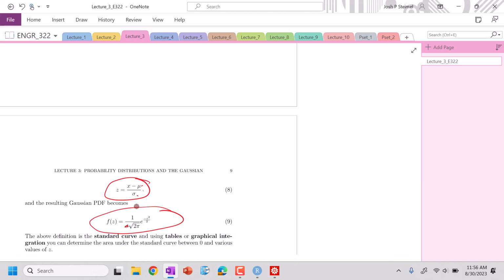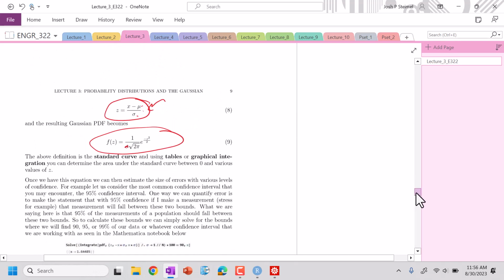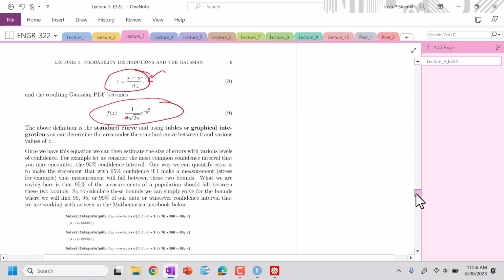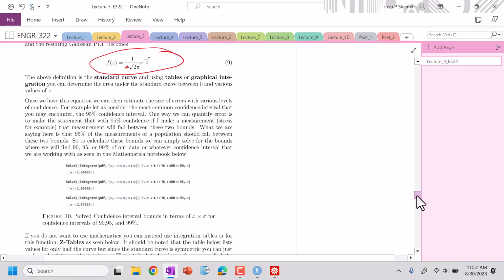Now, we can make this a little bit more solvable. You see we had to assume values of mu and sigma, but we can substitute in. We can do a replacement and set that sigma to 1 in our expression and write this as a function of z, where z is defined in terms of those variables here. And this function will allow us essentially to do those measurements similar to what we just did previously, to see the values of z,